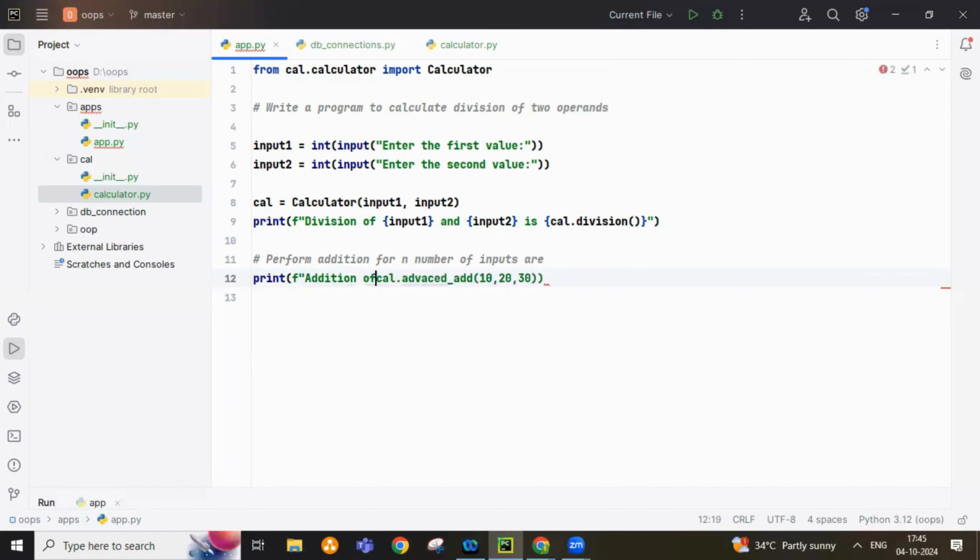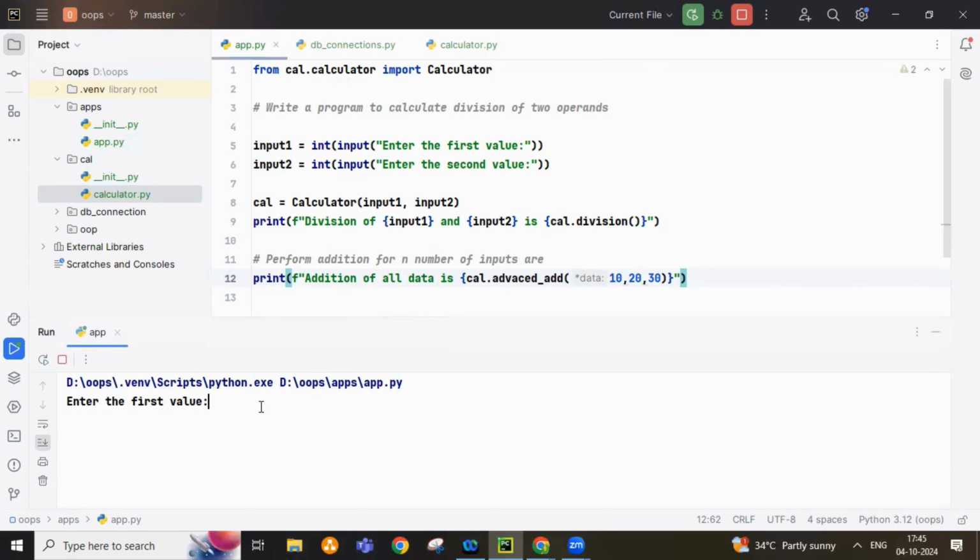Addition of all data is, it makes sense, right? If I trigger this out,